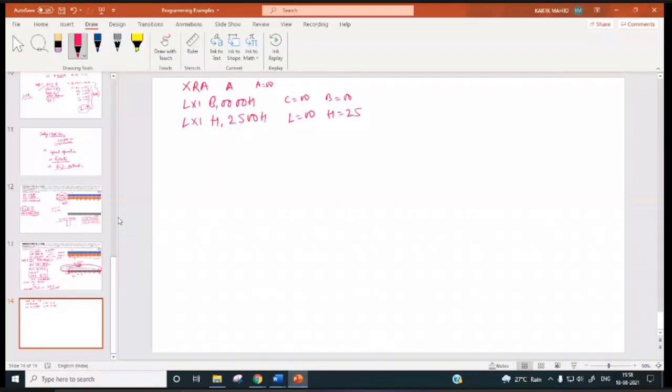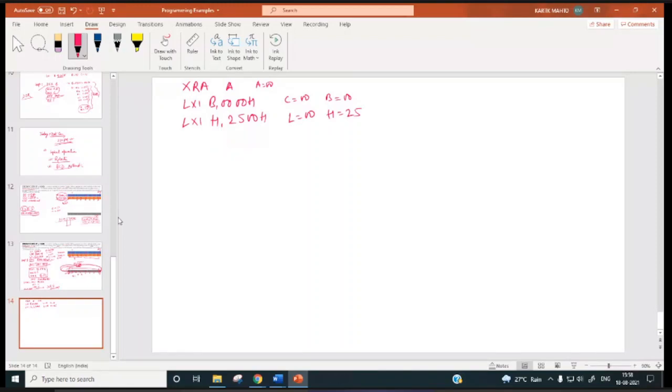Next instruction is LDA 2401H. Now, the count also has to be there, no?